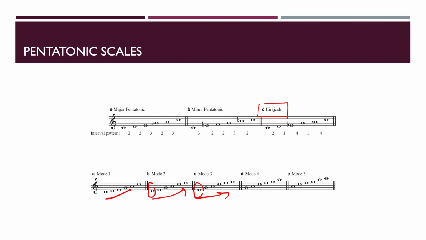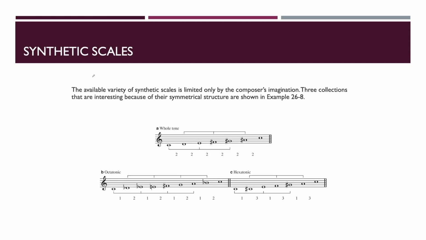It could be, for example, if we imagine there's an F and there's a B, it could be a C major scale. It's based on a diatonic scale. But synthetic scales are scales that we cannot relate to any diatonic scale. For example, whole tone scale. This is not a diatonic scale. Octatonic and